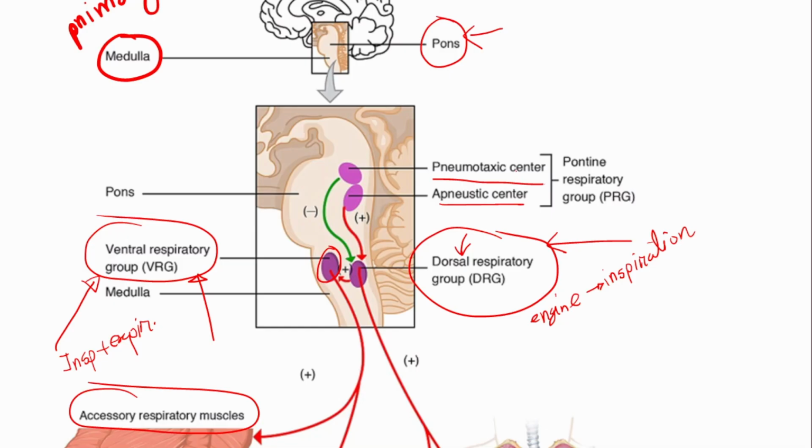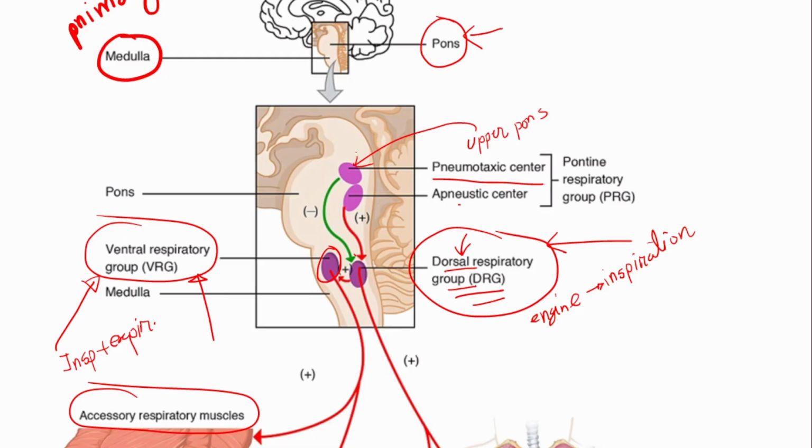The pneumotaxic center, also designated as the pontine respiratory group, resides in the upper pons. Its primary physiological job is to limit the duration of inspiration. It sends a continuous stream of inhibitory signals down to the medullary dorsal respiratory group, as you can see with the green colored curved arrow. I mean this one. By shutting off the inspiratory signal early, it limits the tidal volume and effectively regulates the